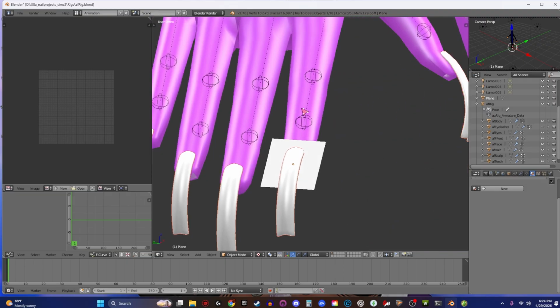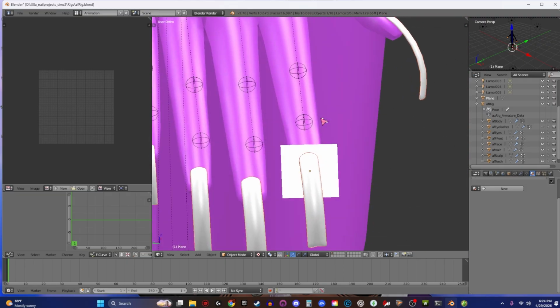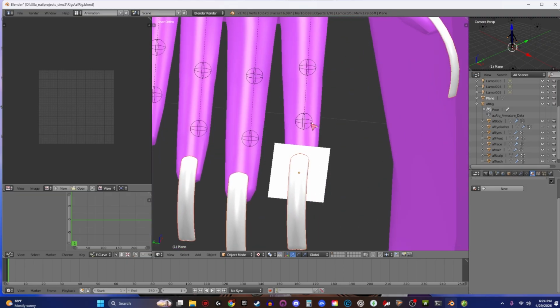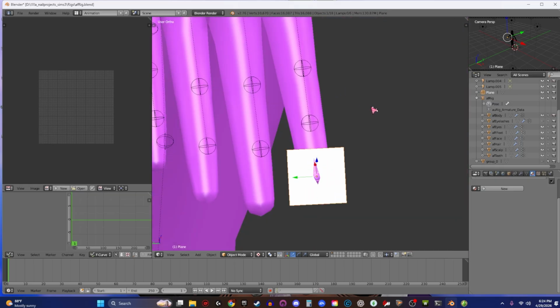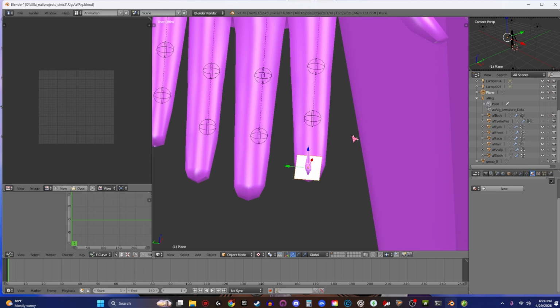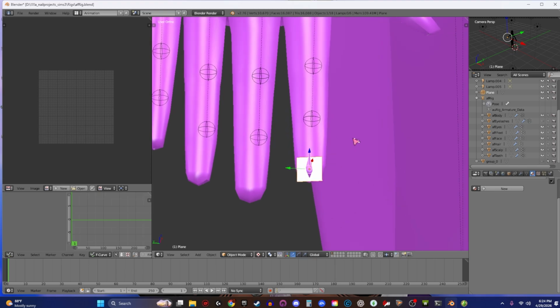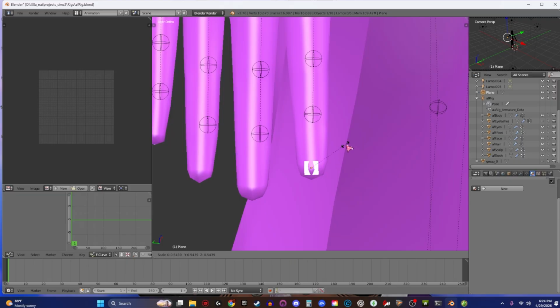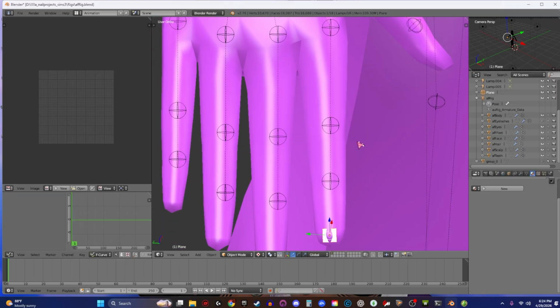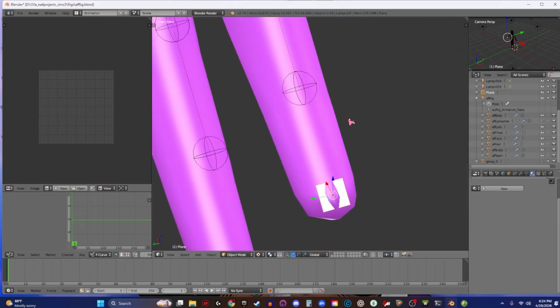But now that we have the reference mesh in here, this is going to help me see how it's placed on the finger. So now we're going to turn it off and click on the plane because we still want to size this up and make sure that we have it the way we want it. I'm just using rotate to get it at the right angle. The plane is slightly through the finger, which is fine for now